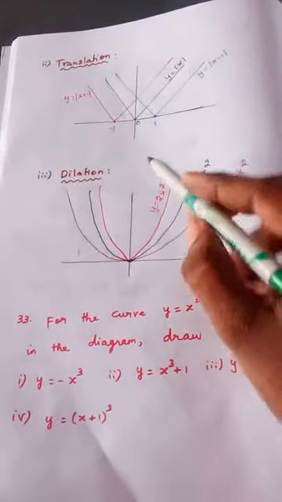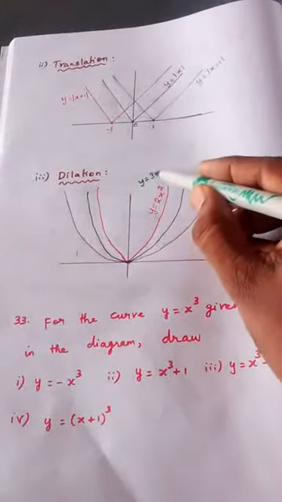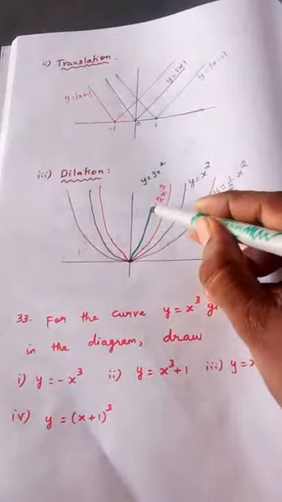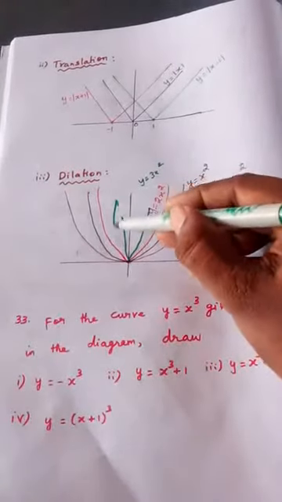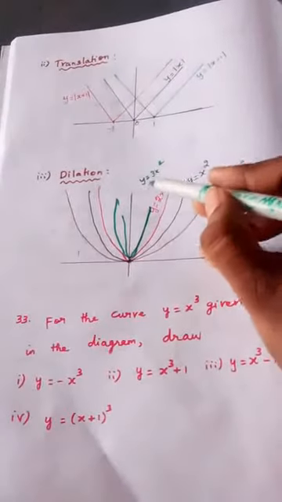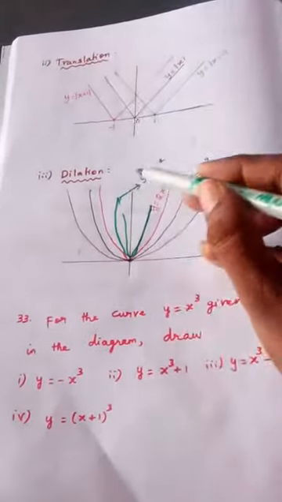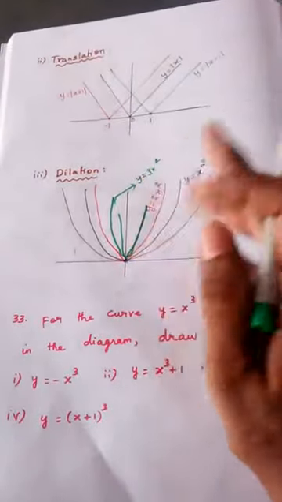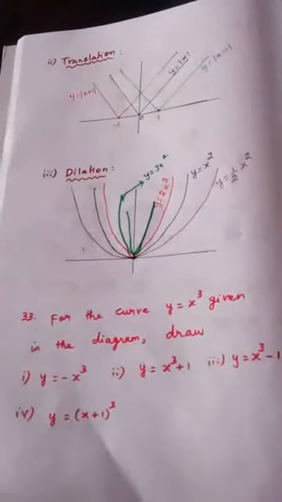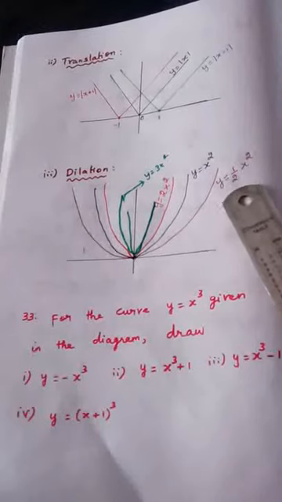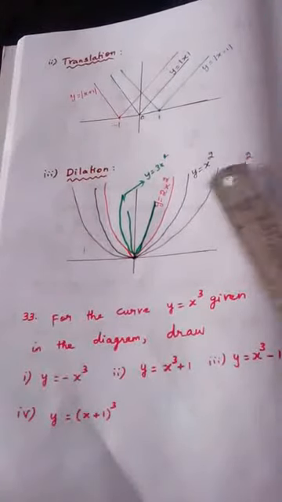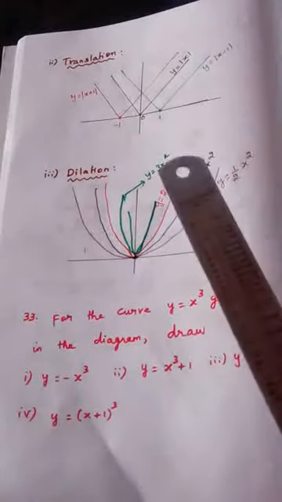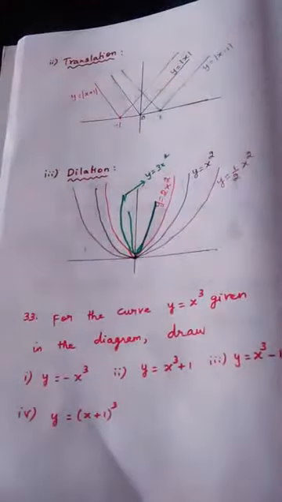Suppose I draw the diagram y is equal to 3x square, it will come somewhere here. It will get contracted even more, closer to the y axis. 4x square means it will come even closer, 5 means closer still. So as the number keeps increasing, the curve becomes closer. If you see the other example here, y is equal to 1 by 2 x square. This is x square, this is 2x square, 3. When the number keeps multiplying, the curve gets contracted towards the y axis.